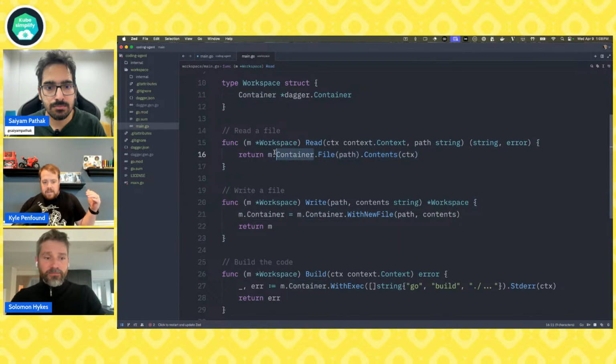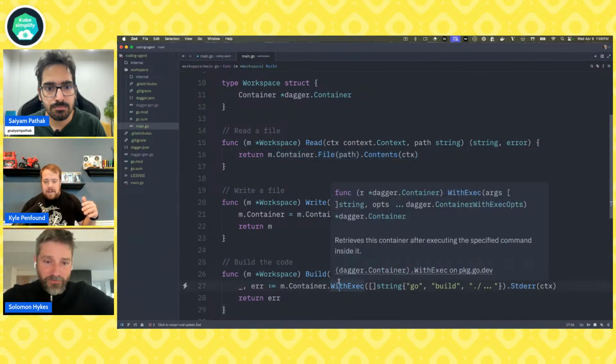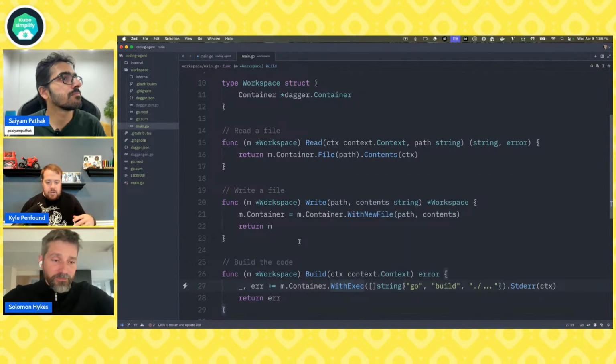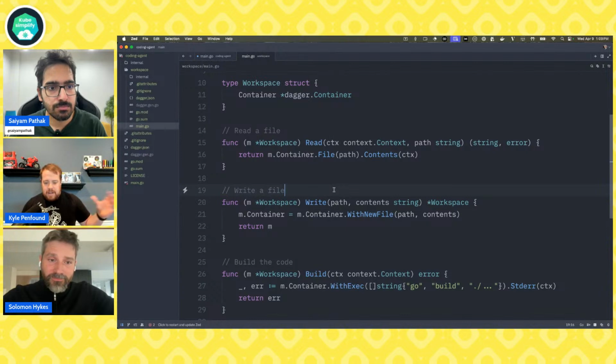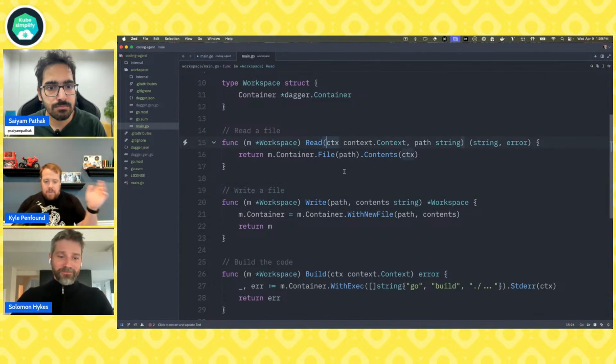But we're not just giving the agent the entire container. We're giving this very narrowed down interface to say, here's how you read a file, here's how you write a file, and here's how you build. We could just let it try to figure it out and call these exact functions itself, but it's way too open-ended, where it can also do all these other things that obliterate the container itself and go down these invalid paths. These are the tools, these are the right ways to interact with your workspace in this case, right?